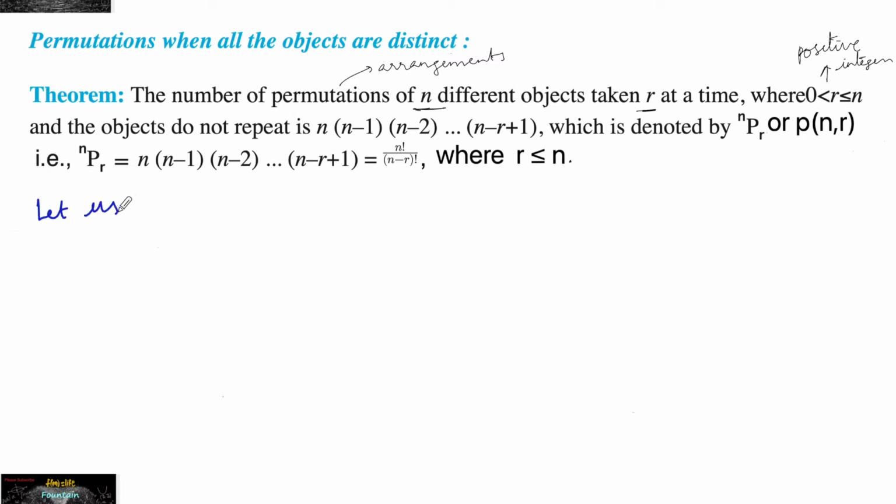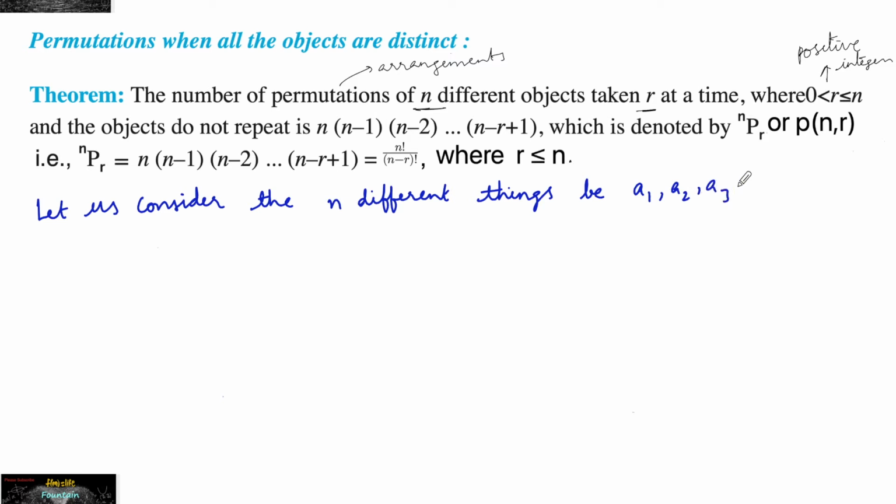Let us consider the n different things being a1, a2, a3 and so on an. These are n different objects. Among these n different objects, we need to select some r at a time and we have to arrange them. So number of ways,